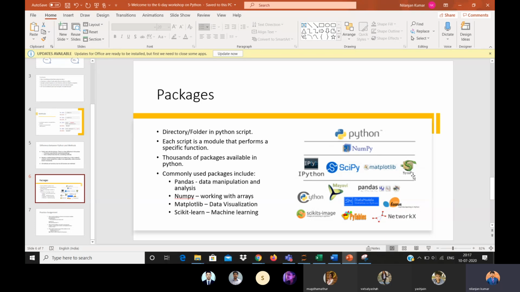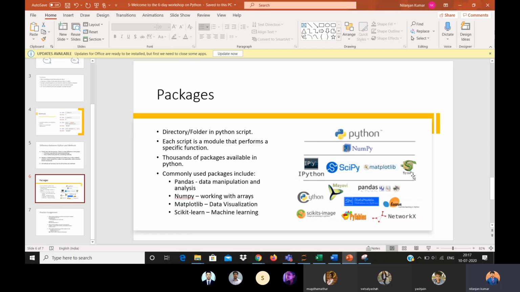So there are many packages available today, and we use each package because each package has some predefined functions in it, so that we don't need to write all the functions again and again, because those are complex functions and they are written in the package so that we can use the package itself.